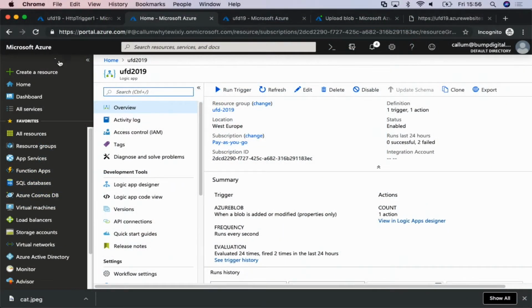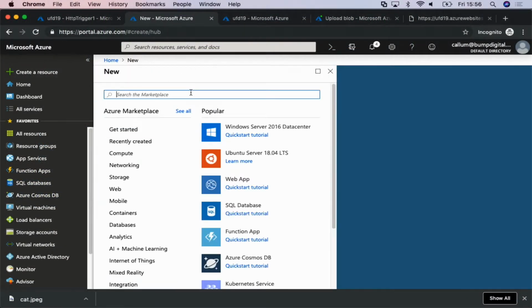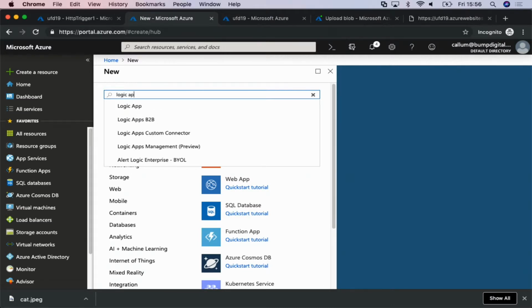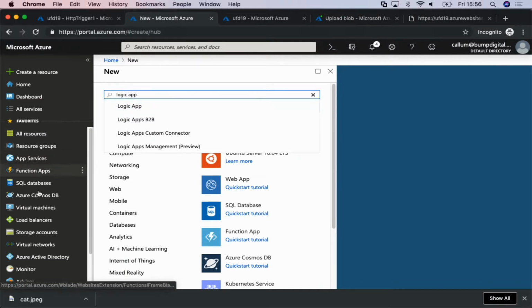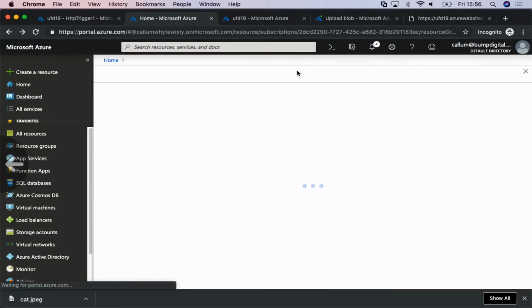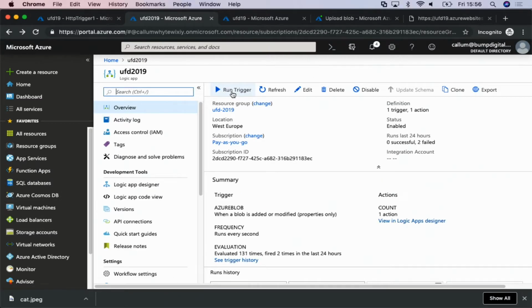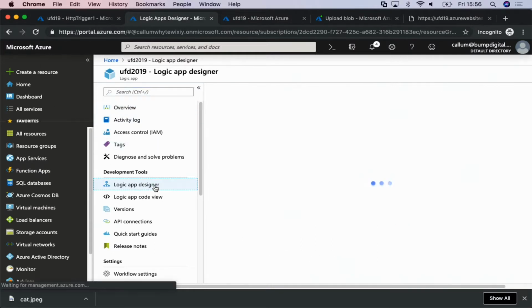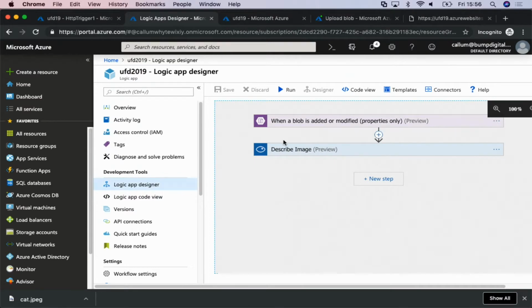Just like I created my function app, I can go in and create a logic app. And a logic app under the hood is just going to build a function for me. It's actually building the code, but I only deal with a specific UI. I've already created this logic app for this event, and it gives you a really nice UI to build your